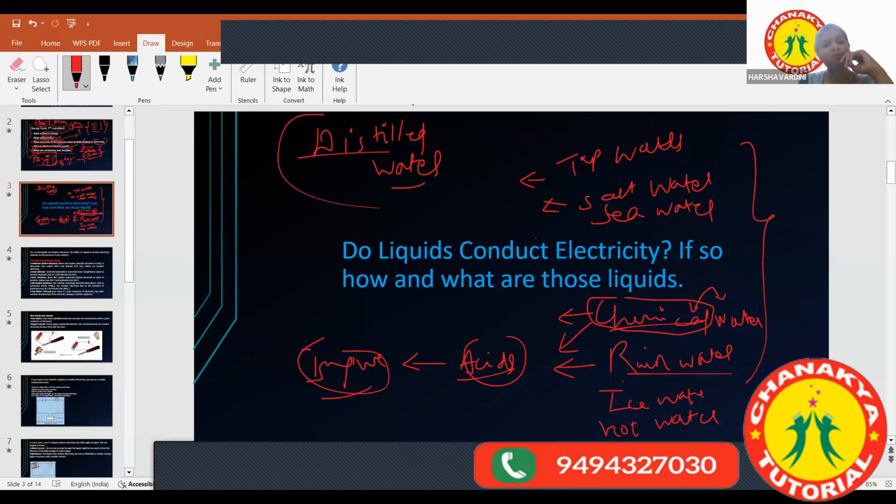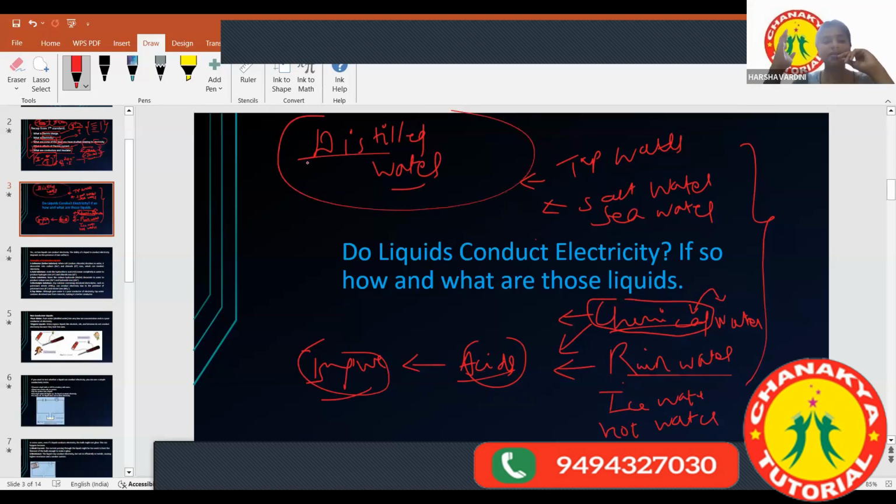So my question is now transformed from types of waters to distilled water. Is there any difference between distilled water and this list of waters? If so, what is that? Ma'am, these waters are conductors, but distilled water is an insulator. Okay, fine. Ma'am, distilled water is pure and contains nothing except H2O, and other waters that we have in our daily lives are not distilled water as they contain impurities. Okay, fine. So that is the definition for distilled water.